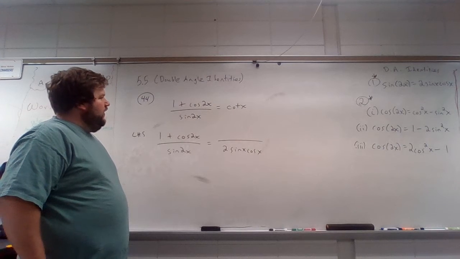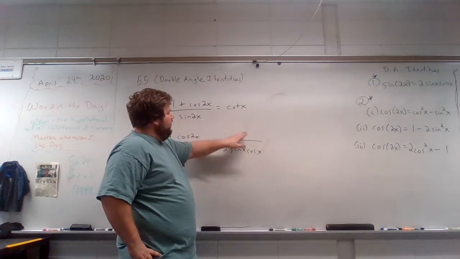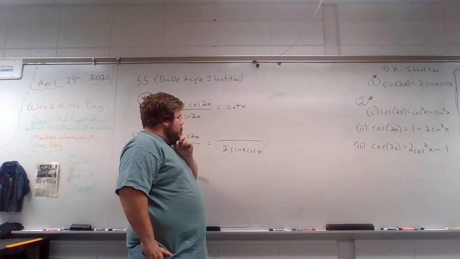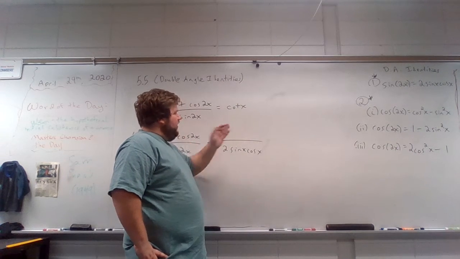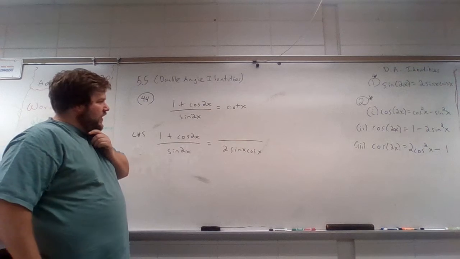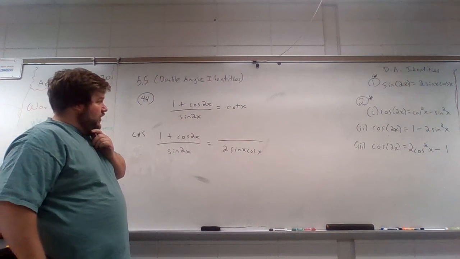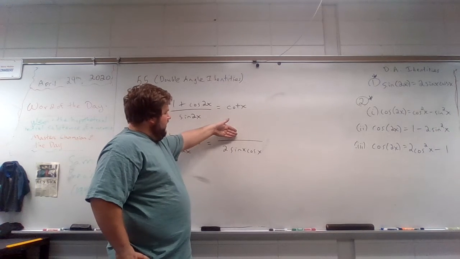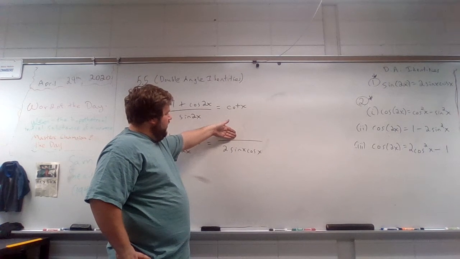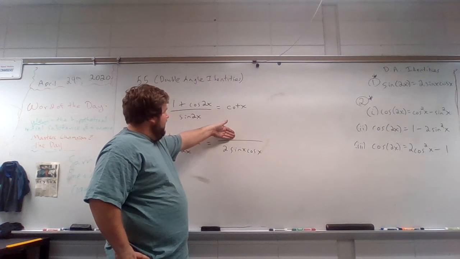You really need this to be cosine over sine. So in order for that to happen, there's probably going to be some kind of cosine squared term. In particular, like a 2 cosine squared would be perfect, right? And if it was 2 cosine squared, one of the cosines would cancel,